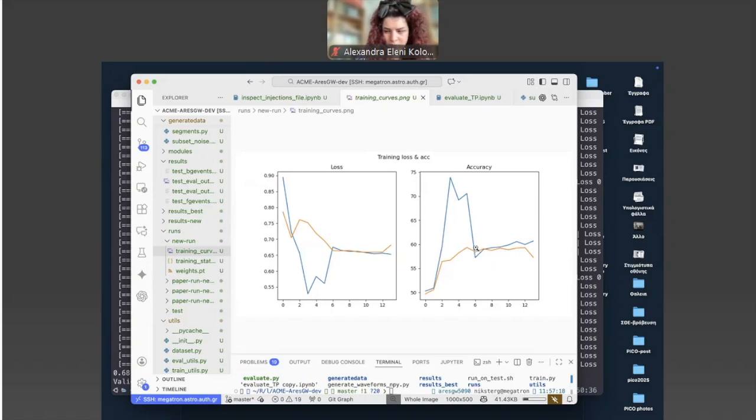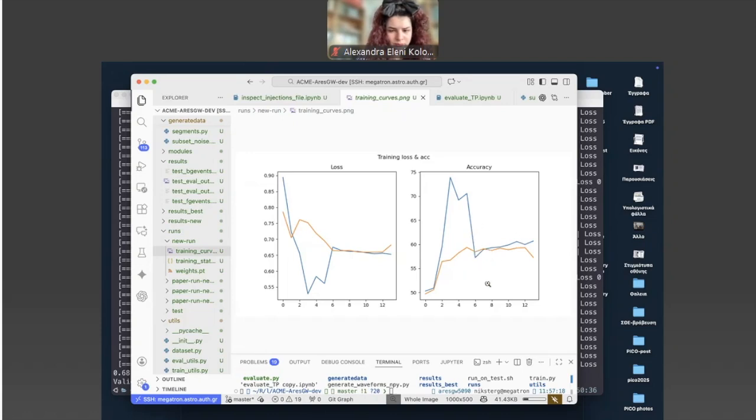Then gradually we allow the code to see weaker signals, and later the whole data set. And there are basically small improvements after that, because we have this very minimal example of very few number of waveforms overall. In the full training with hundreds of thousands of examples, you would see a different improvement.